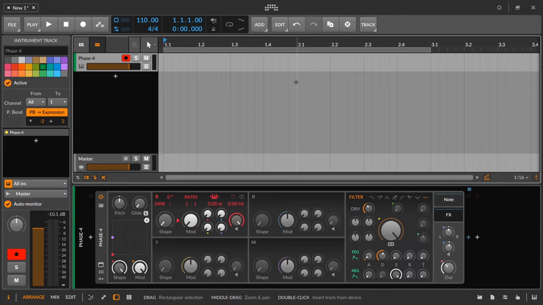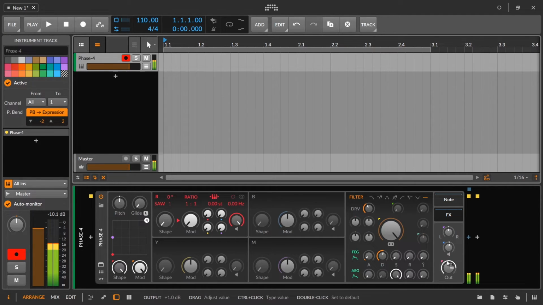Now, in this example, we just have our Phase 4 instrument, okay? So we've brought that in. And with the Phase 4, we have a variety of different gain stages just inside of this instrument. We have a drive into the filter. Our filter isn't even on right now, but if I drive into it... I don't want to talk about this output, but this is our clean output. This is our pure digital output right here. So when I crank it up,